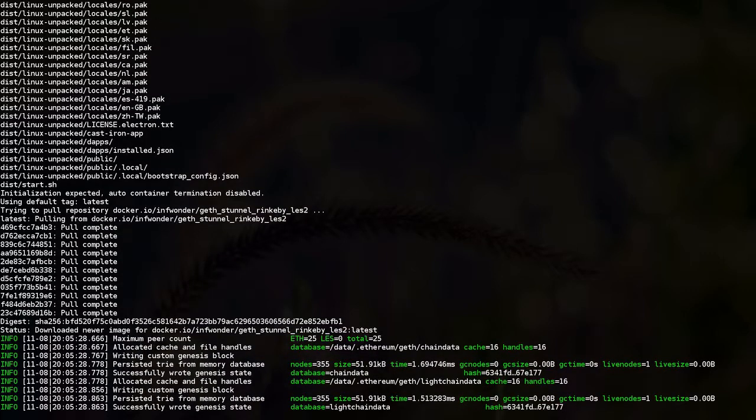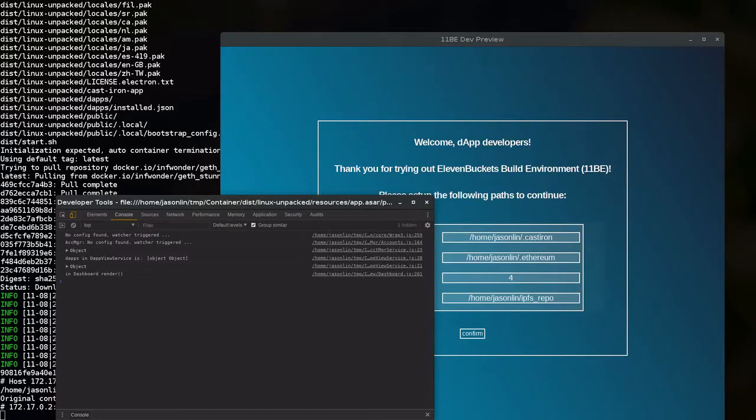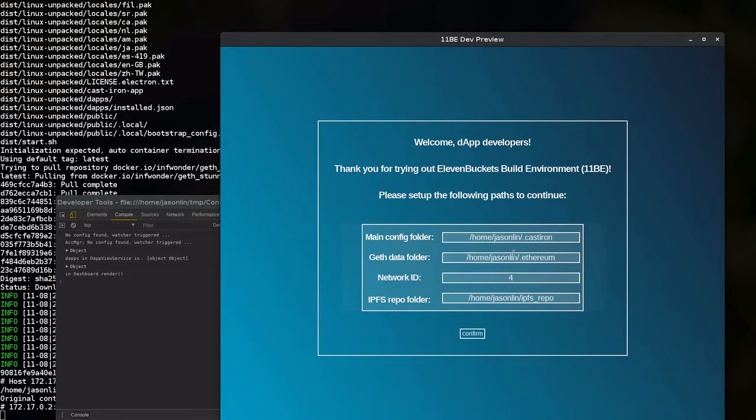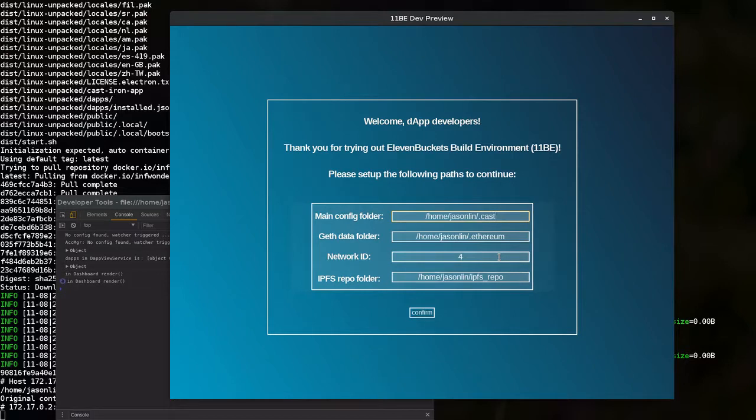Okay, now it's setting up the Rinkeby testnet. Oh, and right now this 11B setup in particular uses the SSH tunnel to communicate between the UI and the Go Ethereum full node in the container. And then this is just like the previous demo. We're going to set up some parameters,